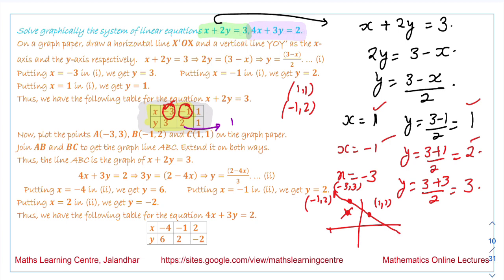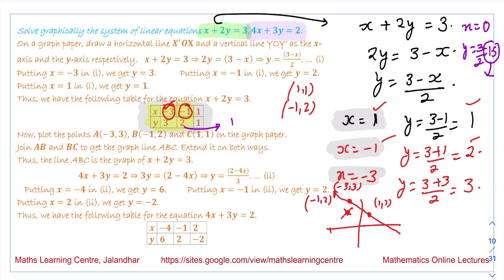Second thing is how we are choosing these points. We are saying we have substituted x is equal to 1. You can use any points over here. It is not necessary that you have to use 1, minus 1 and minus 3. Suppose in place of this I have used x is equal to 0. What I will get? I will get 3 by 2, that is equal to 1.5. So to avoid this kind of points, that I'm getting 1.5 over here,